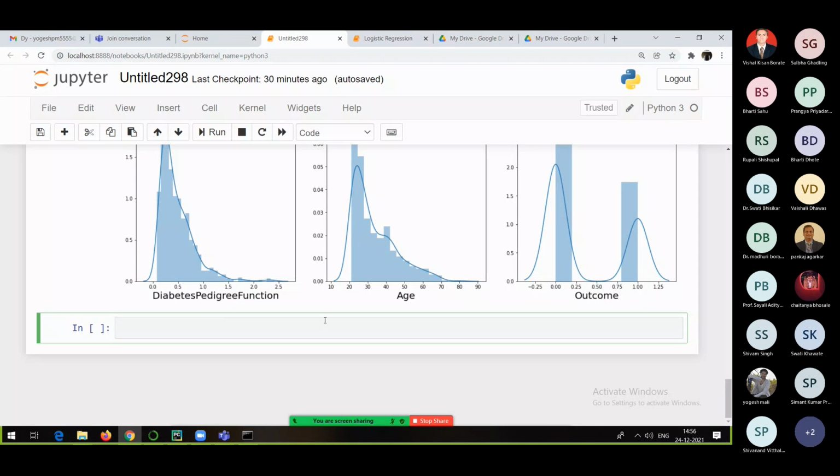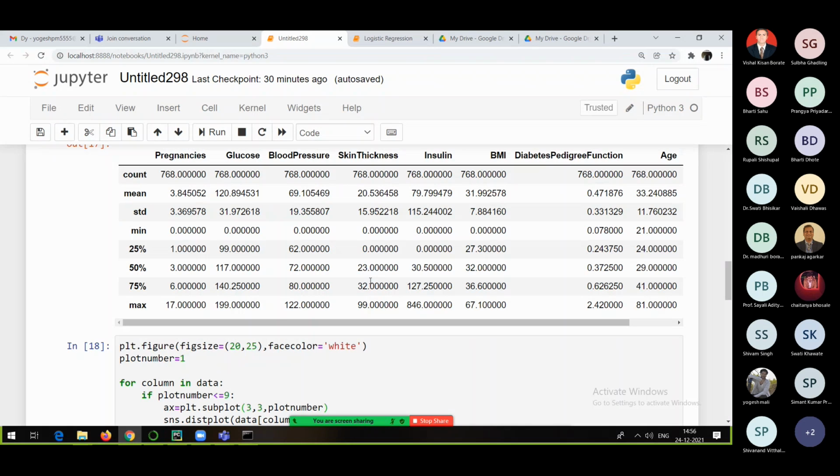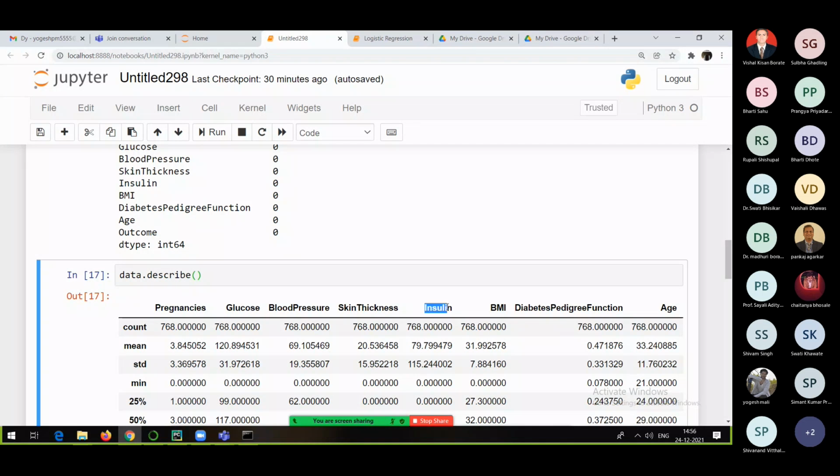So what will be the reason? There might be different reasons. There might be outliers present in your data, or maybe a lot of zero values. As I have already told you, columns like glucose, insulin, skin thickness, as well as BMI and blood pressure, have zero values, which is not possible. Blood pressure cannot be zero, everyone. If it is zero, it means that person is dead, so it doesn't make any sense. You can even search it.